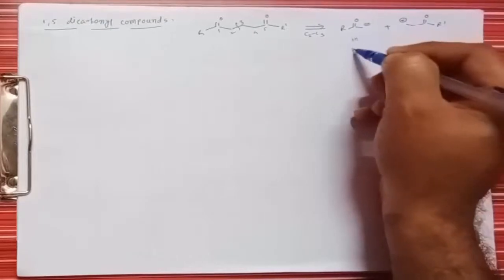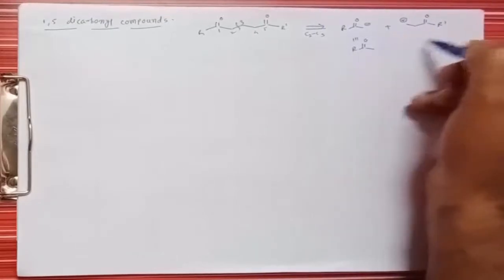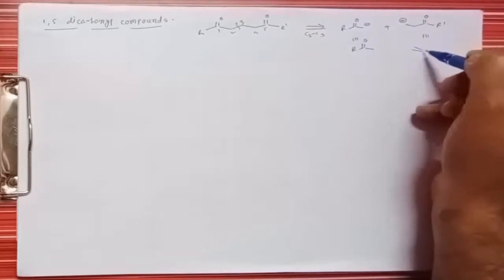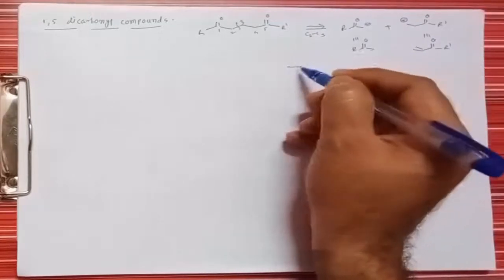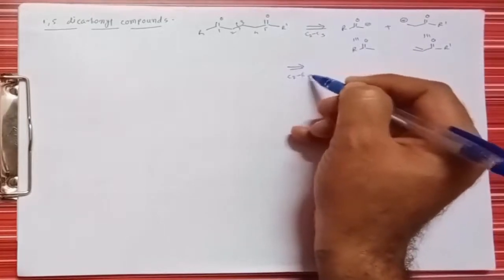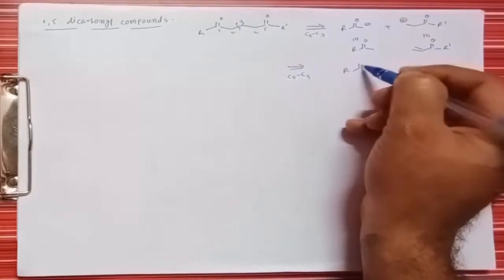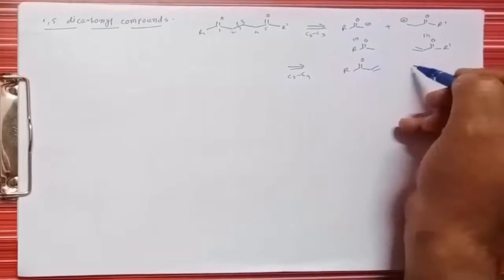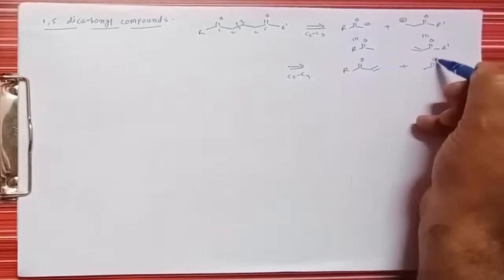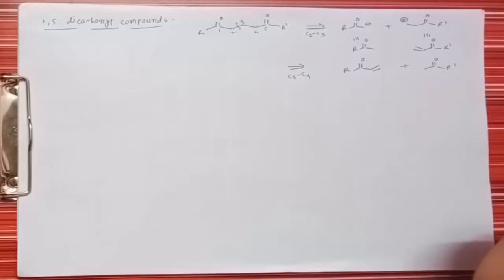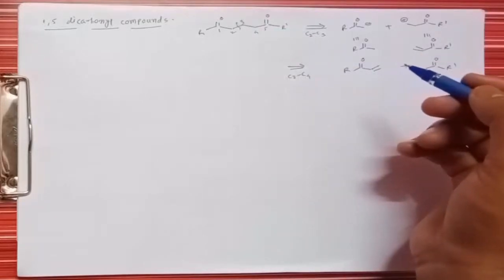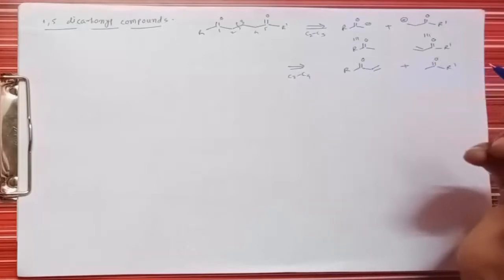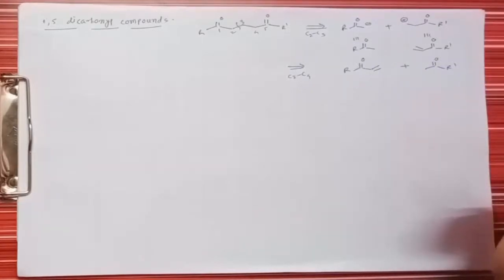The synthetic equivalent for this compound is a ketone, and the synthetic equivalent for this molecule is an olefin, right? In this way, or if we break this molecule at the C3 C4 position, then we get a positive charge here. Instead, here we can take a double bond, and from this side we get a ketone. Such synthetic equivalents can be easily formed. If we go for the reverse reaction, this is called a Michael addition, or a 1,4 addition.